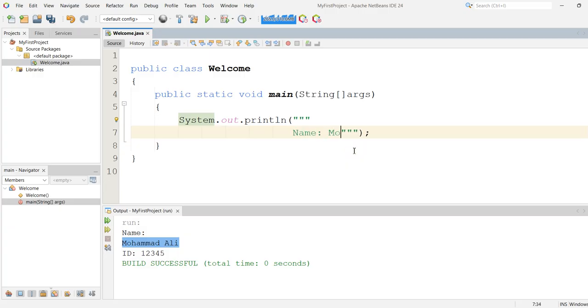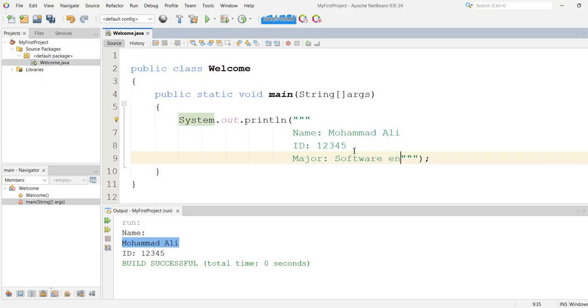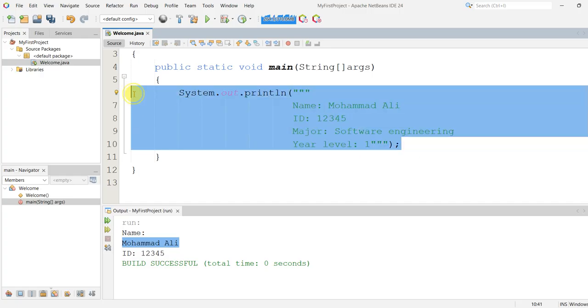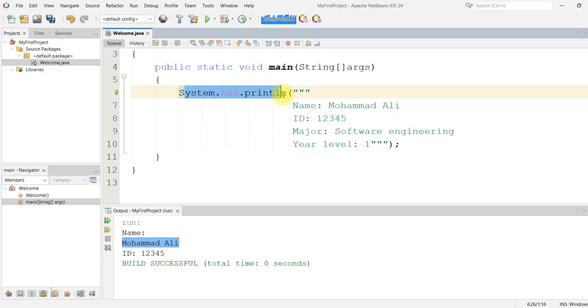We go name, Muhammad Ali, enter, ID, 12345, major, software engineering, the year level, 1. So you can see in this code, I only use one System.out.println, but here I added two more open quotation marks and then two more at the end.